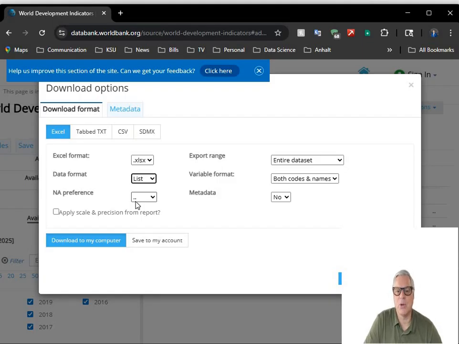And if you download them as a table, then it's a little bit more difficult to work with them in Excel, especially when it comes to data wrangling or cleaning up a data set. Because when you download it as a table, we have all the countries and then underneath the variables, and in the columns the year. It's a little bit more difficult to navigate. So now I can download it to my computer,